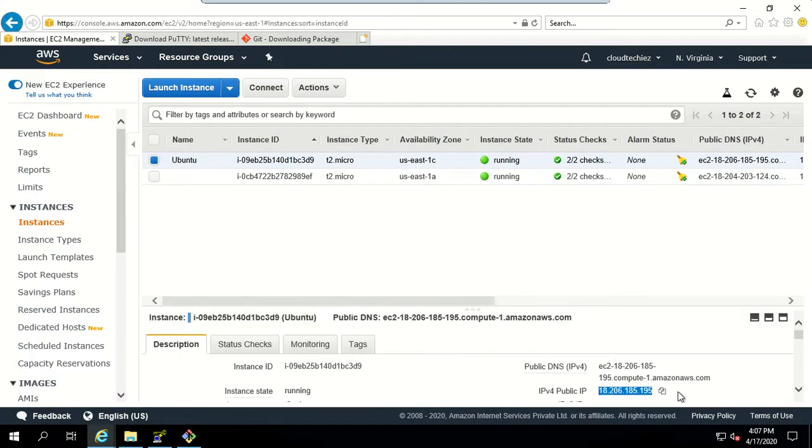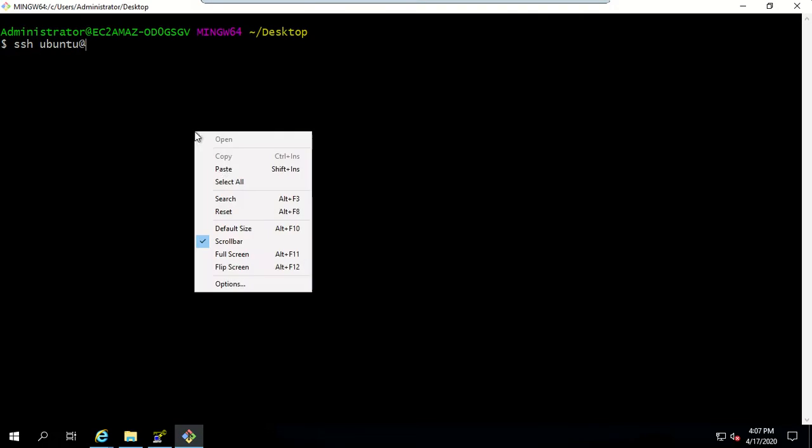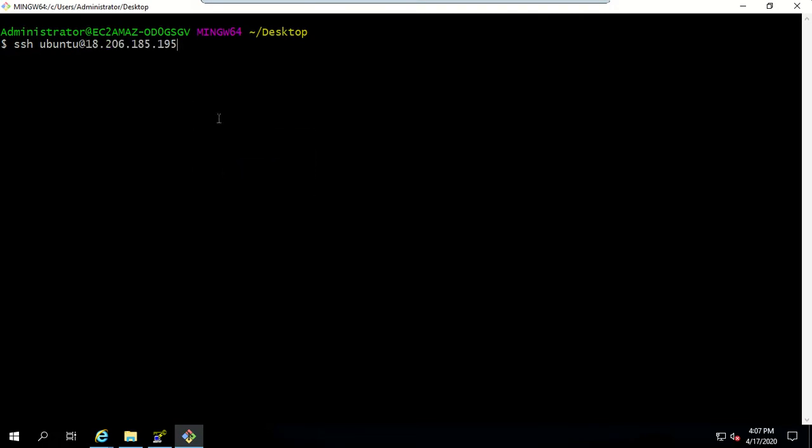Both are valid. I will again go with the public IP address. So I'll paste my IP address, then -i, which tells it that you're going to provide the identity file. After this you will need to give the location where your PEM file is present.